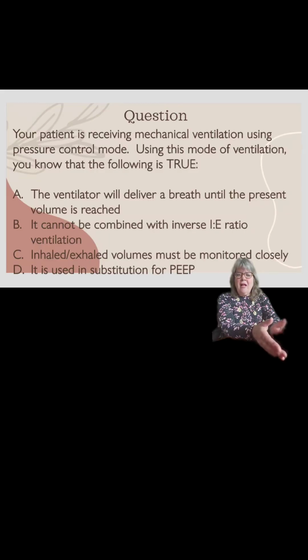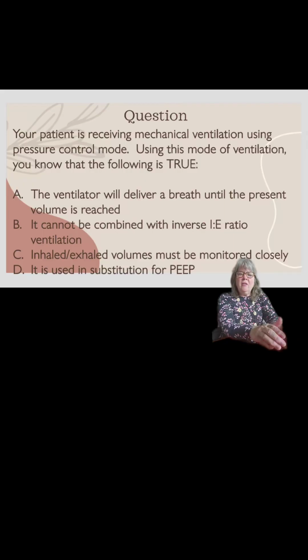But we don't set the volume. We kind of shoot for the volume. We want to see where we can get the target volume at the lowest amount of pressure to prevent alveolar damage, barotrauma, for example. And so we have to closely set our parameters, our alarms, to monitor those target volumes,